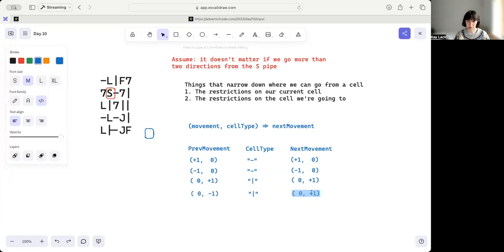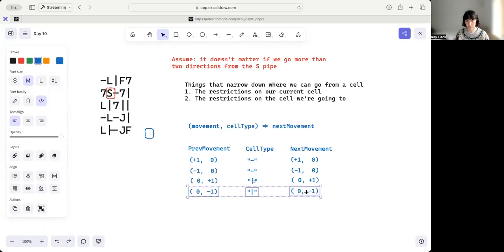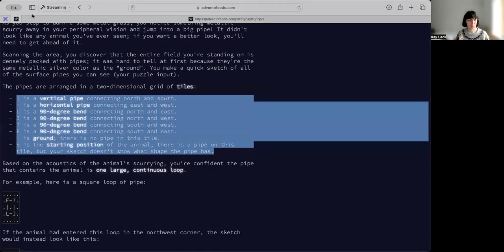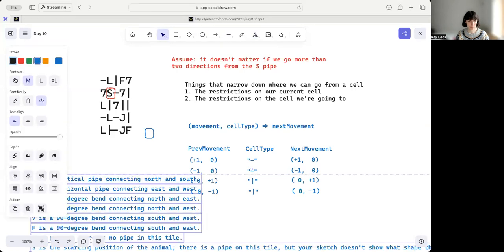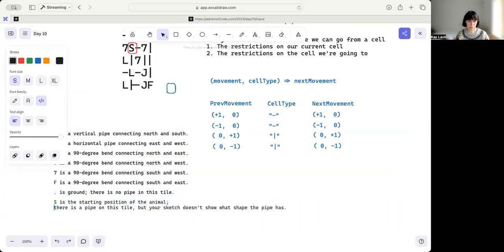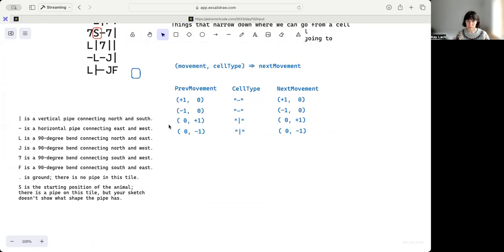Likewise with this, it's going to be -1. And now we've got these. Let me copy these in. So if we're going down into an L,